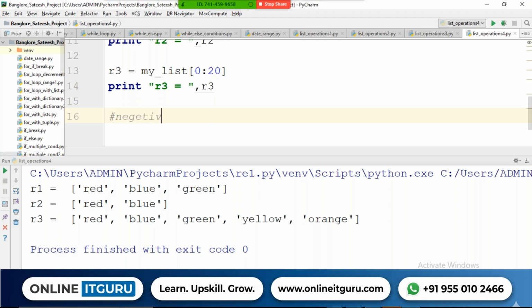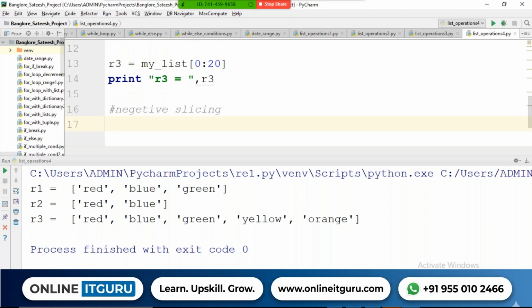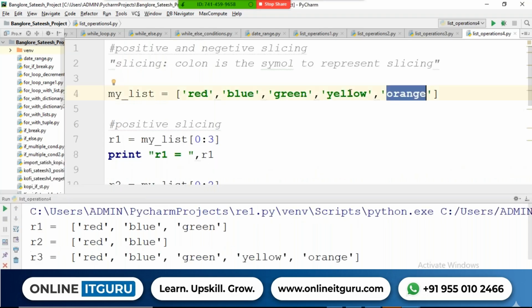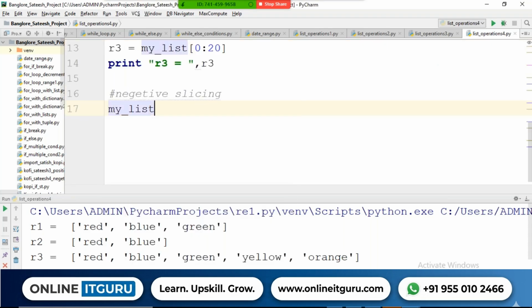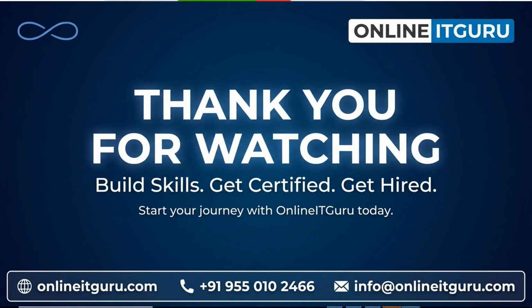Now negative slicing. Negative slicing means reverse direction. See, -1, -2, -3, -4. So -5 से लेके -1 तक. Now you see what happens. I'll just say print directly. See, red, blue, green, yellow. Always index में से one position